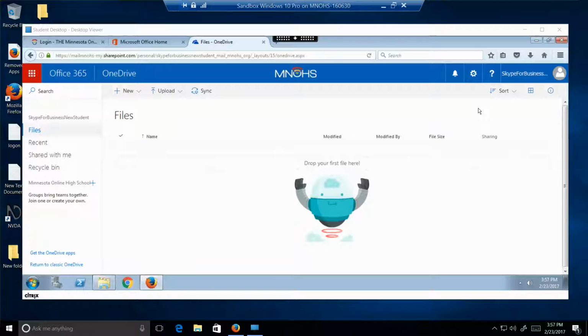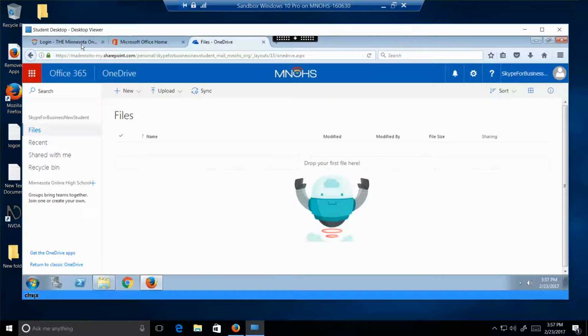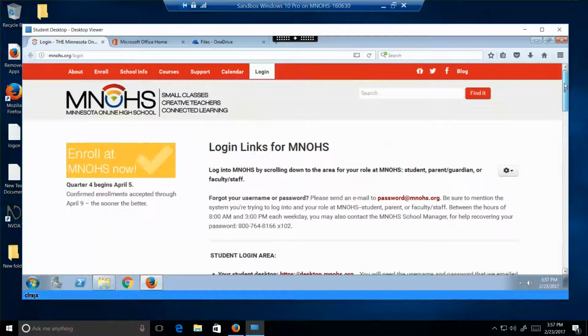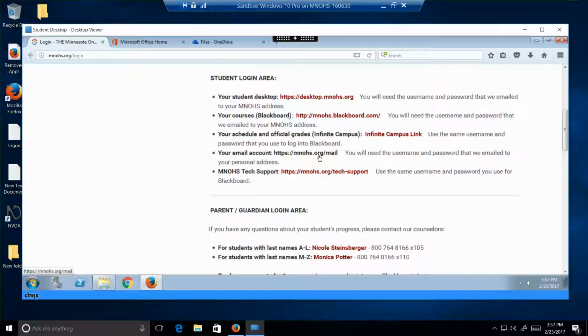Today we're going to talk about OneDrive for Business. This is an account that is available in our Office 365 account that you have available and access to. You can get out there if you go to our login page off of our Minnows website. We go to login, and down in the student area it's a